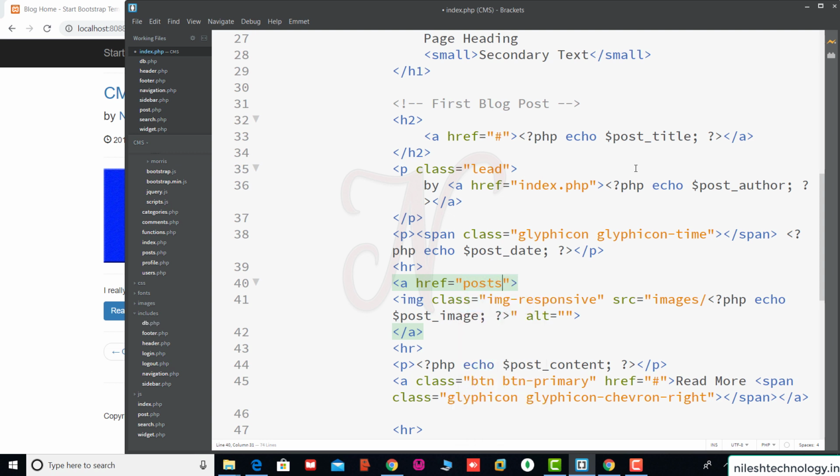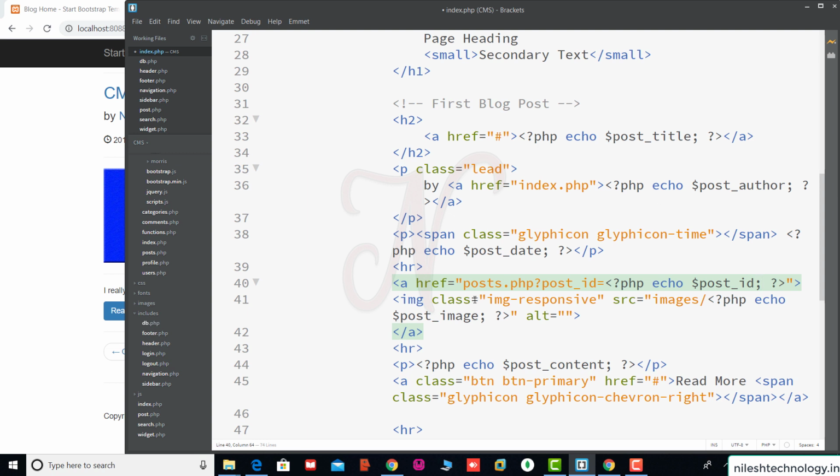post.php and post id equal to, so here we pass echo dollar post id. Okay, this post id.